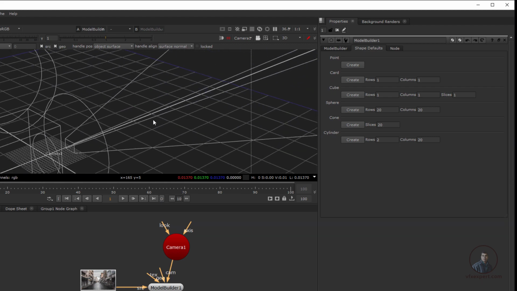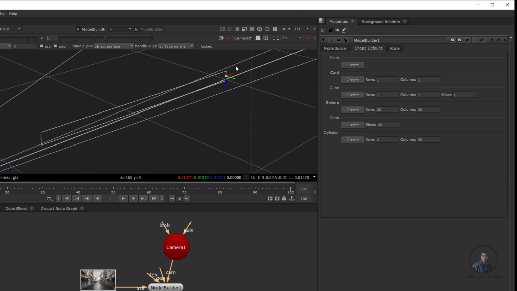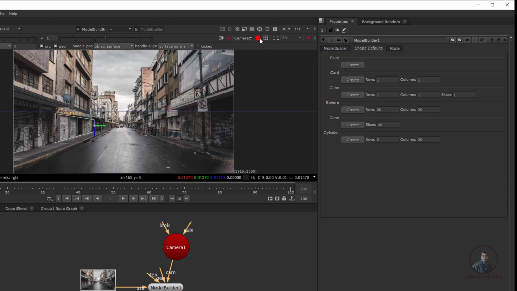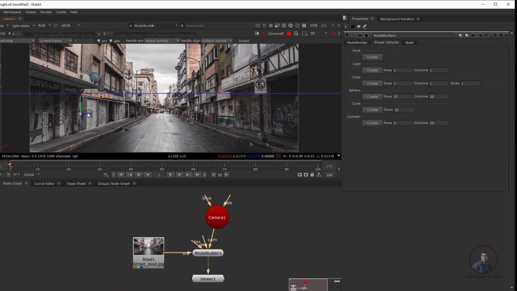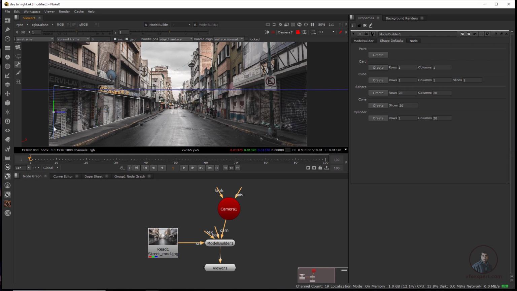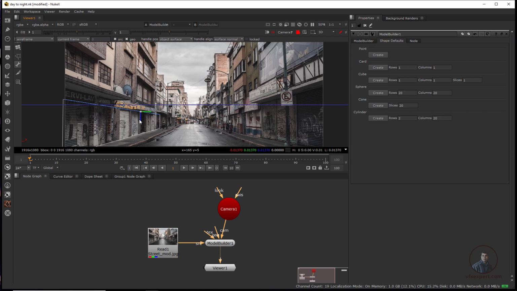Now press F here. Now extend it a little bit like this. So you can easily see. Again, if you lock the camera you can see from here easily. The red axis you have to adjust. Now select this one and adjust it a little bit here like this. Same, select this one and adjust, I think till here.